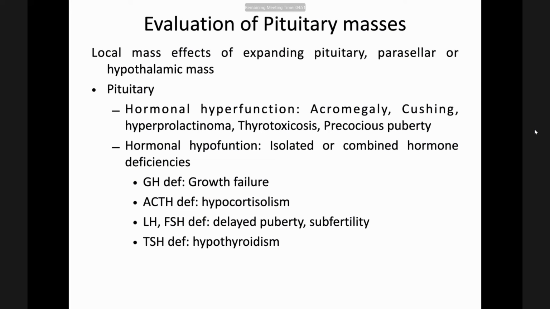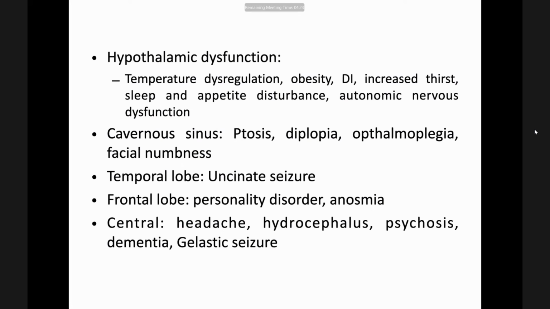So hormonal hypofunction can occur, like growth hormone deficiency, ACTH, LH, FSH, TSH or combined hormone deficiency. If growth hormone deficiency occurs, the patient can present with growth failure and short stature. ACTH deficiency can present with adrenal insufficiency. LH FSH deficiency, the patient may have delayed puberty or subfertility, infertility. TSH deficiency can present with features of hypothyroidism. Similarly, hypothalamic dysfunction, sometimes hypothalamic compression or tumors in the hypothalamus itself, there might be temperature dysregulation, obesity, diabetes insipidus, increased thirst, sleep and appetite